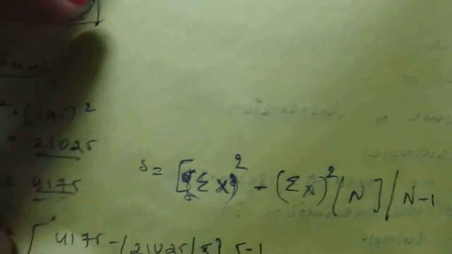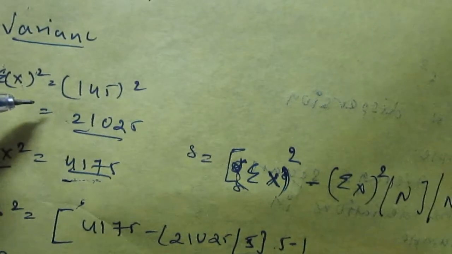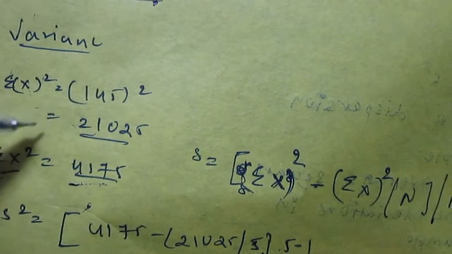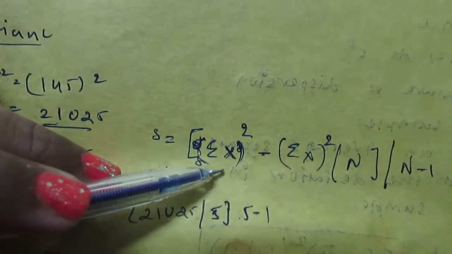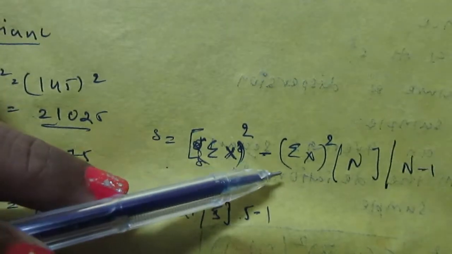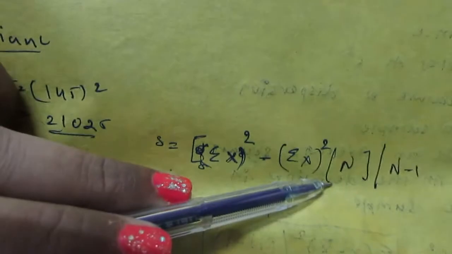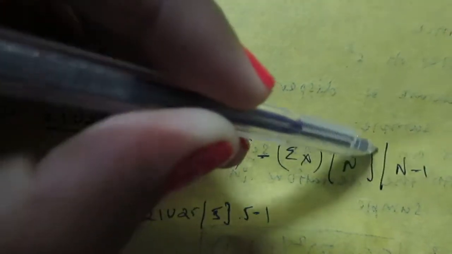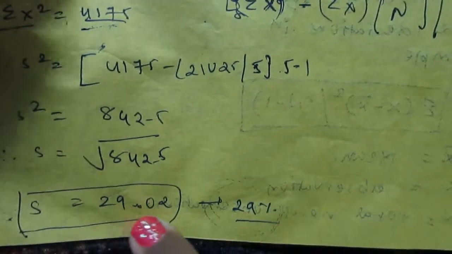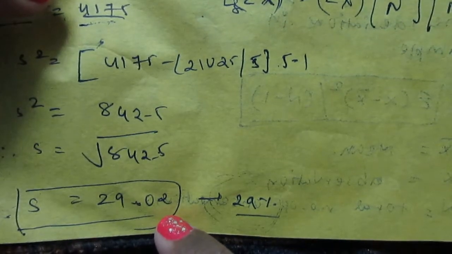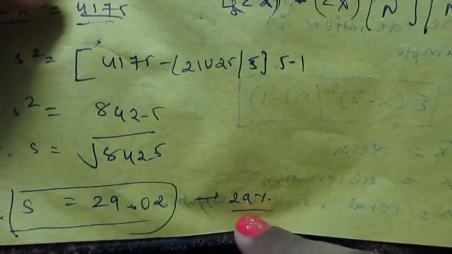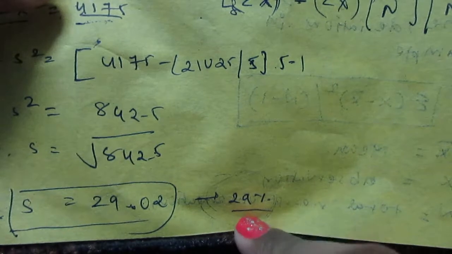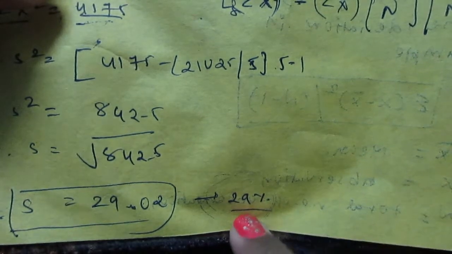If we put the square of the sum of observations as well as the sum of squares of observations values in the equation of variance, that is sum of x square minus the square of the sum of observations divided by capital N, and this whole value divided by n minus 1, we will get the final value of variance, which will be 29.02. Approximately, because generally variance is taken in percent values, that is 29%. So all the varieties in this population of tobacco will have 29% variance.